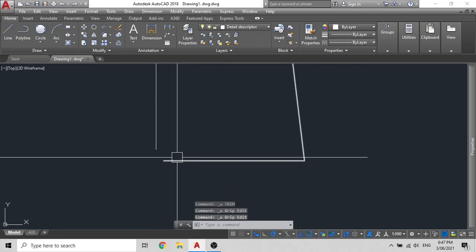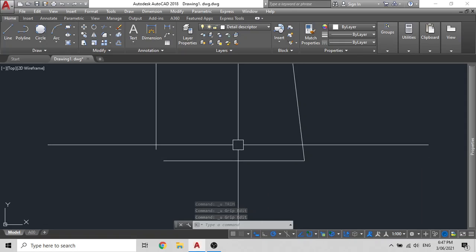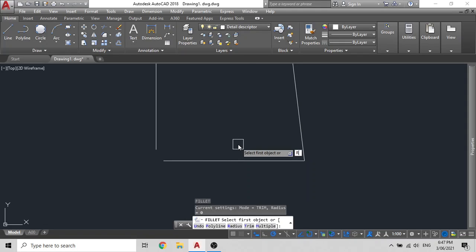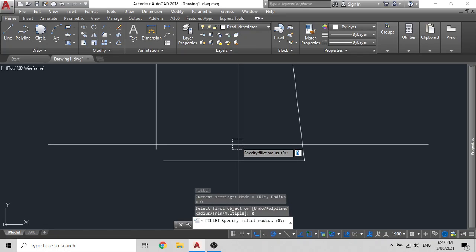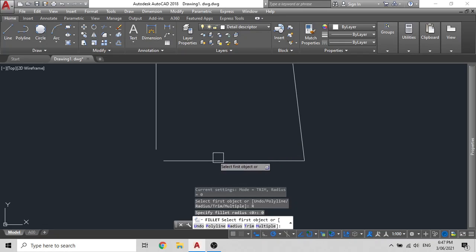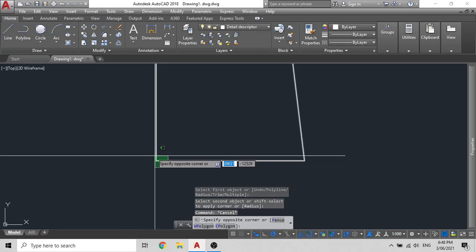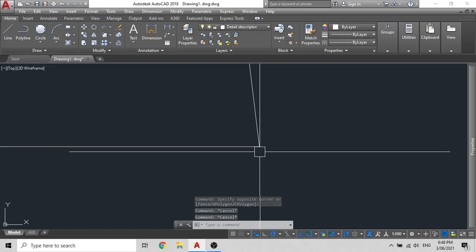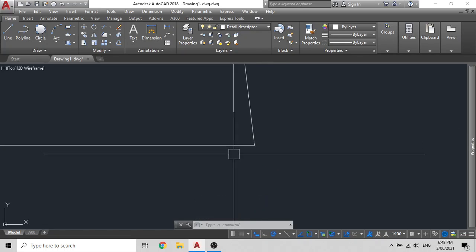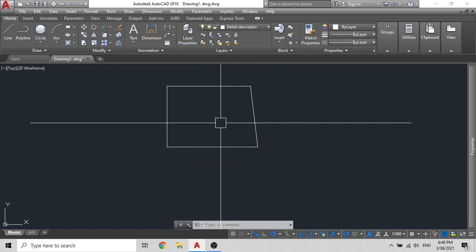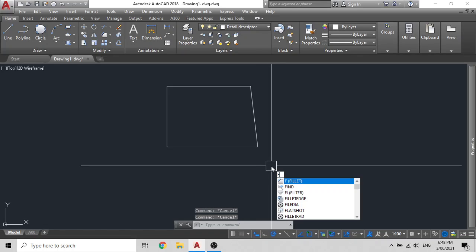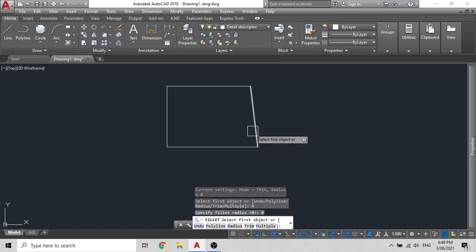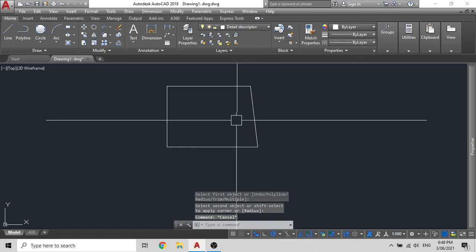So if you see this open corner, or if you're seeing a very small open corner, what you can do is type F for fillet, then press enter, then type R for radius, press enter, then add a 0 radius, then press enter, and just select your lines. It has created a solid fillet for you. You don't have to pull your lines and then trim them off. No. Similarly, there are times when the corners are not actually closed properly, and you will not be able to hatch inside. So what you can do is type F for fillet, enter, R for radius, enter, and just enter a 0 radius. Once you get that tick box, you can do that.